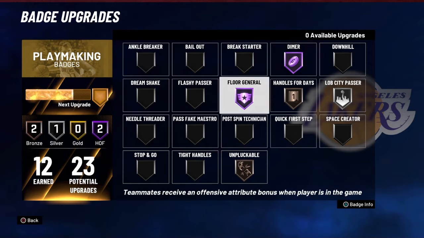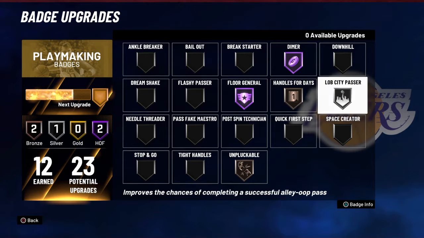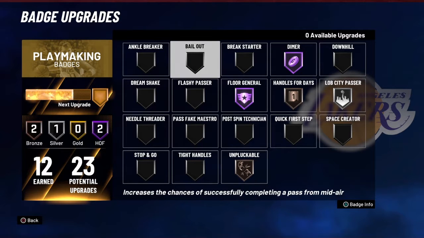Playmaking, I've got my Dimer, my Floor General, and my Handles for Days is going to be on silver. I was going to be going up to Hall of Fame. Now Lob City Passer, I'm going to have that this year, and I'm actually going to probably have Bronze Bailout because I do be noticing. Now again, they may patch it, which I do expect them to do. A lot